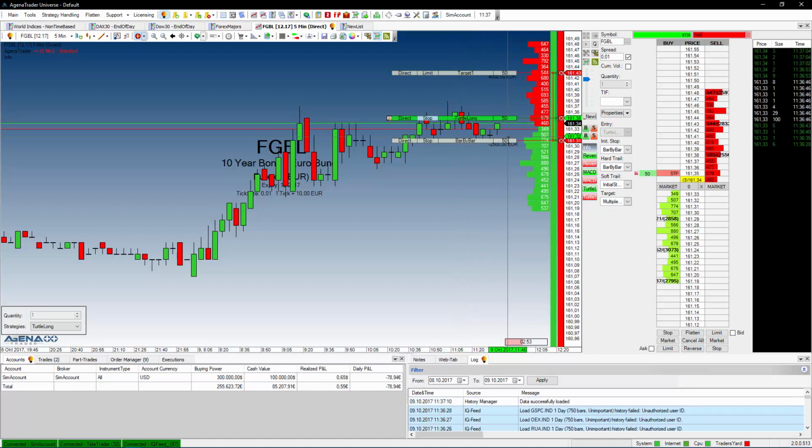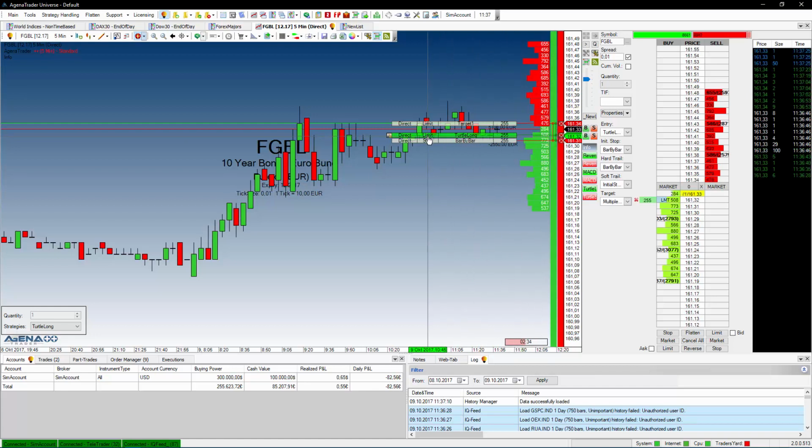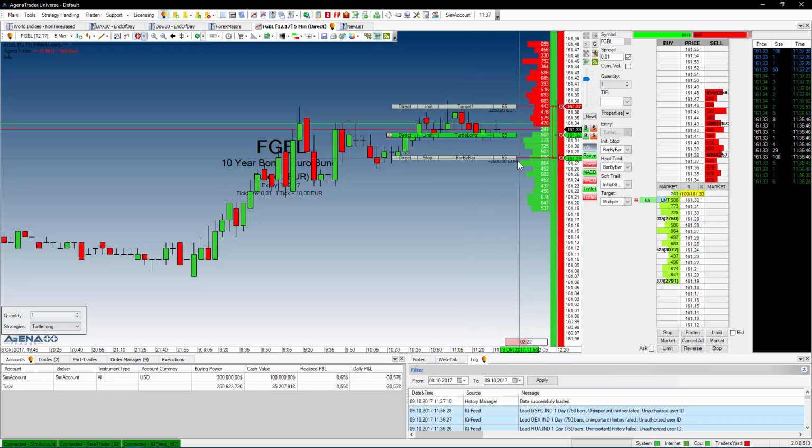If I click now the quick trader, I'm receiving an entry order, including a stop loss order, including a target order, with a pre-calculated order size of 50, which is calculated based on my account size and my risk management settings. If I want to adjust the order bars, I can just drag and drop them to a different position, which you see will change the order size because I'm increasing my risk. And with this kind of settings, I can now buy only 65 contracts instead of 255.